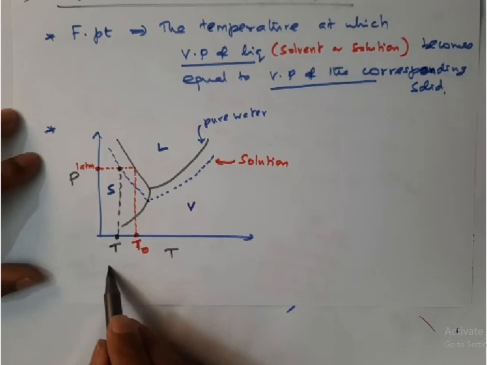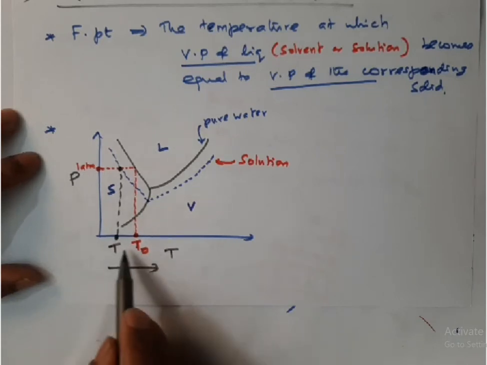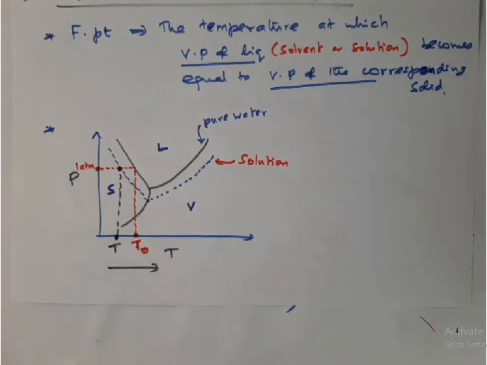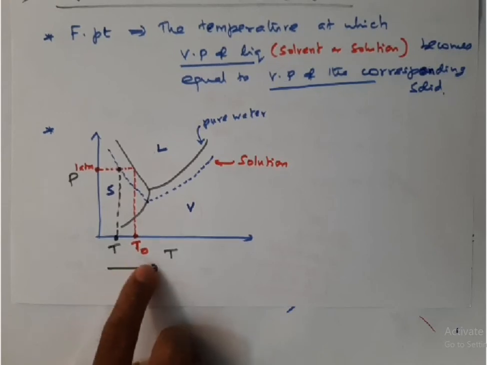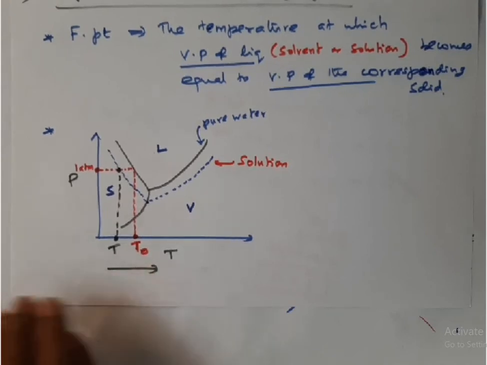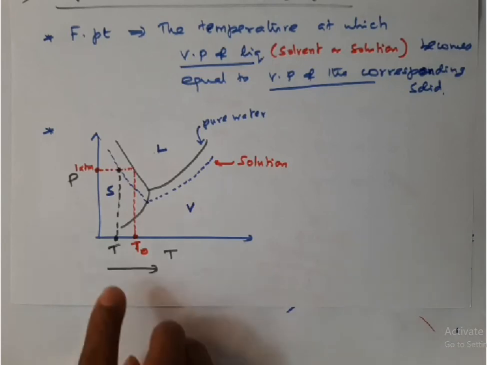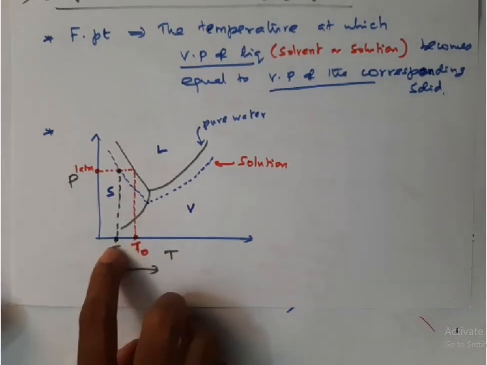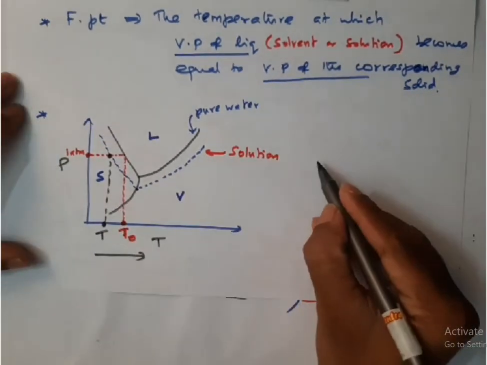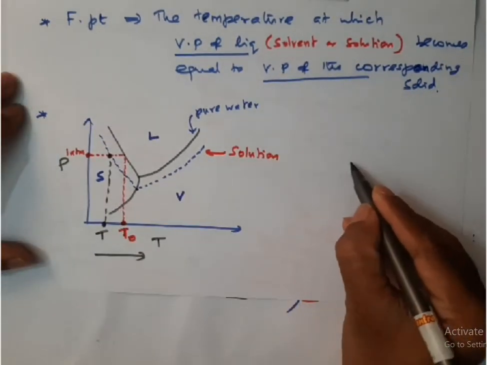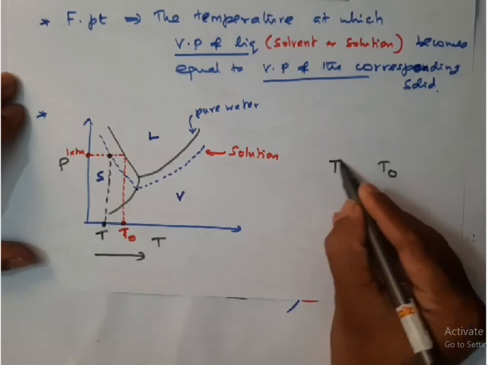Now if you see, temperature increases from left to right, so which freezing point is higher? The freezing point of solvent or the freezing point of solution? Which one is higher? Solution? Yeah, so the freezing point of solution is low, and the freezing point of solvent is high, correct? When you move from left to right, temperature increases, so if you compare T and T0, T0 is the higher value. So it is very clear from this that